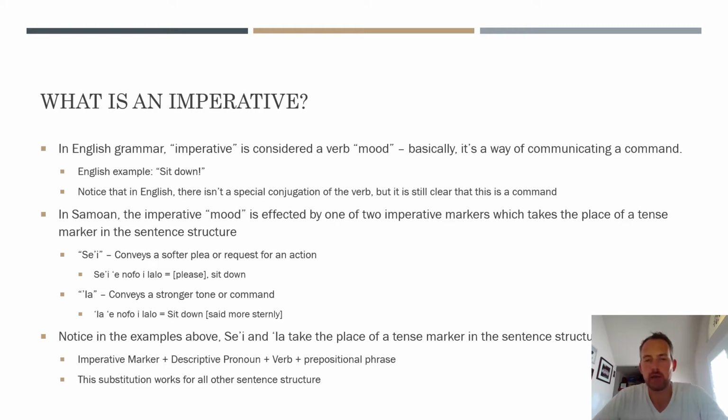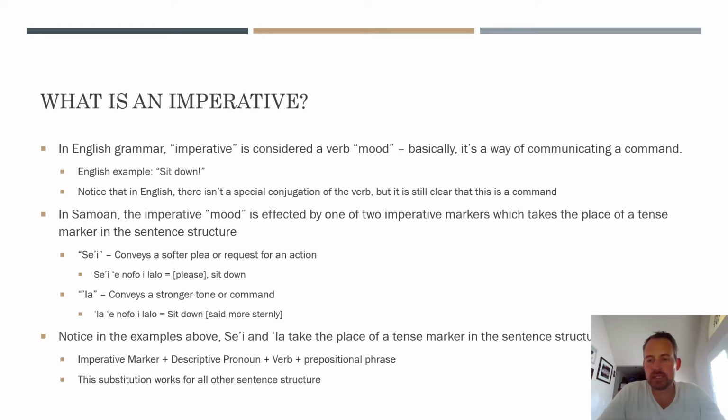But just as a quick recap, in Samoan, technically speaking, you really should never have a verb that isn't somehow connected to a tense marker. One of the exceptions might be if it's connected to an imperative marker, and really that's because an imperative marker is basically happening in the present tense. You can't command someone sort of in the future. Commands are kind of immediate.